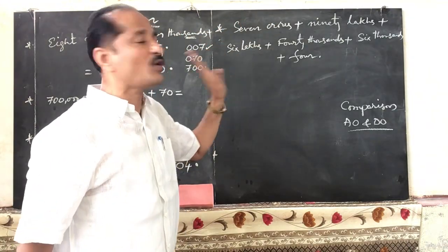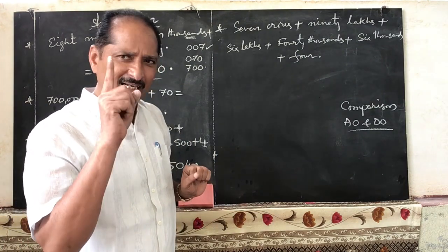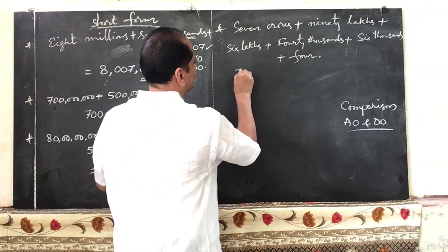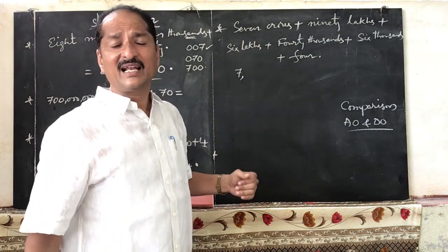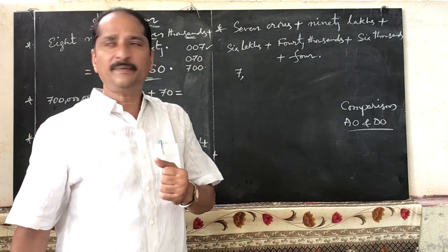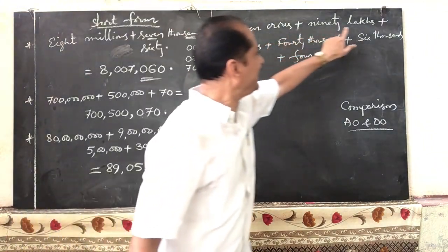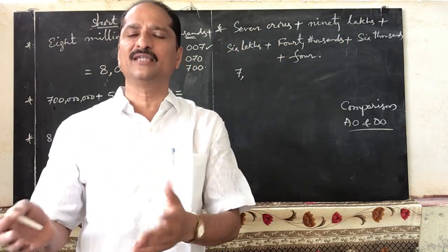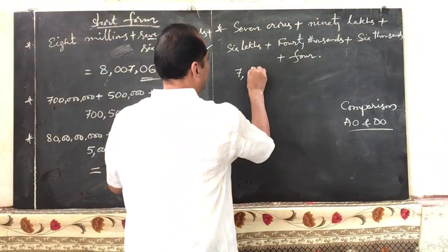So what is the 7 crores? 7 crores means, is it in 1 lakhs place, 1 crore place or 10 crores place? Yes, 1 crore. So write down 7 in 1 crore. There is no other crores place. Next lower than crores place is lakhs period. Lakhs period we have 2 given here. So 90 lakhs and 6 lakhs. 90 plus 6 gives 96 lakhs. That means 2 digits have been given. So write down 96 under lakhs period.